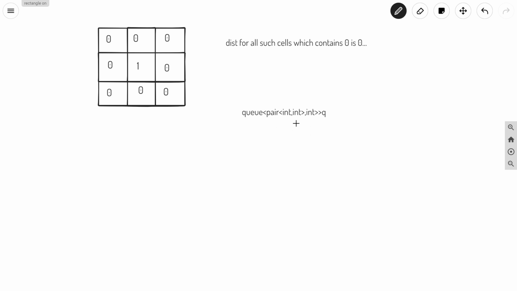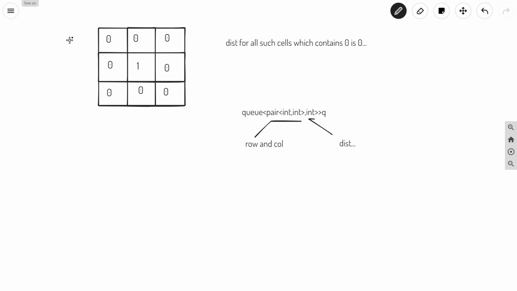In this queue, the two values of the pair are nothing but row and column, and the integer is nothing but the distance.